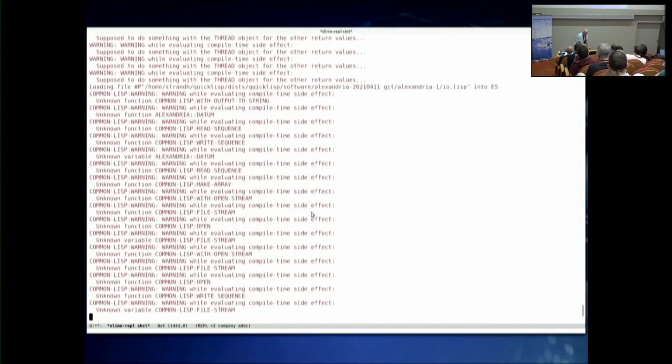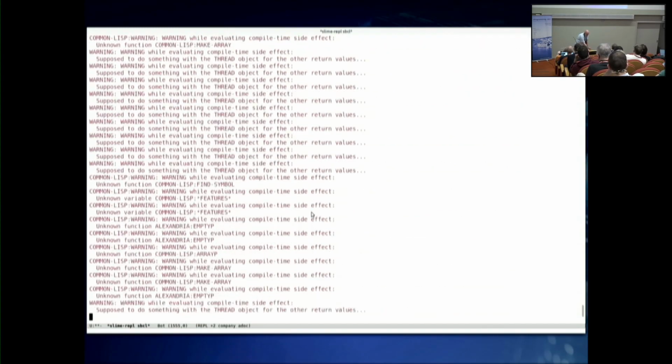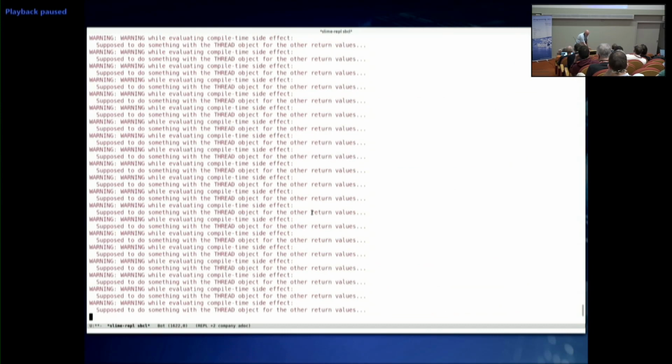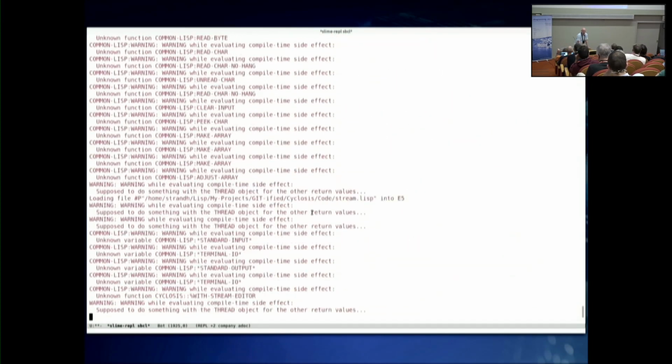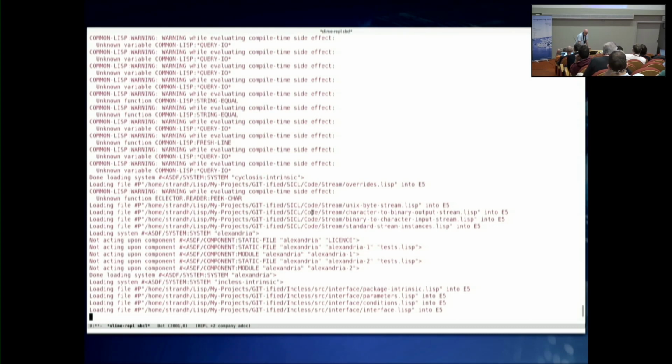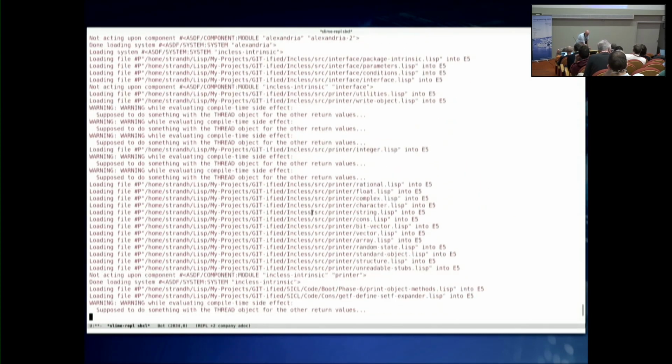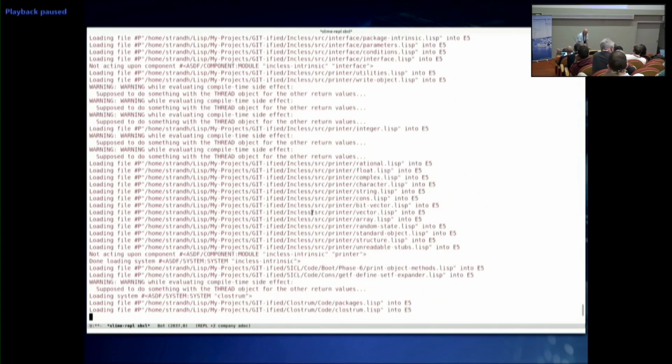Now we're getting to code generation, and that's all the warnings that you see here that the Haley is responsible for. It's because we don't know how to do multiple values beyond 5 or something like that. And now things are getting interesting here because we were starting to load external modules like Inkless and Claustrum,